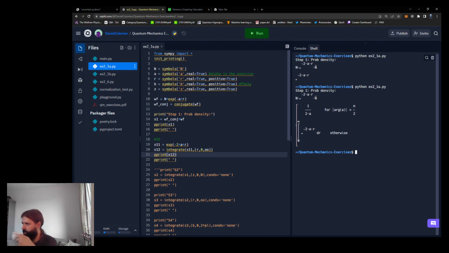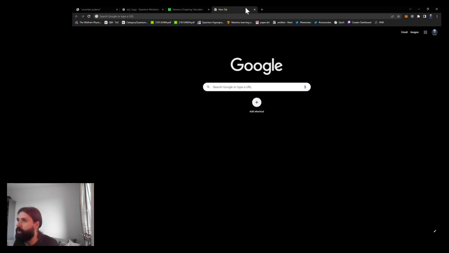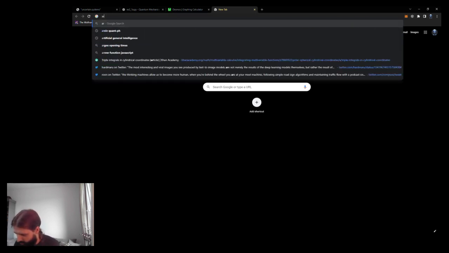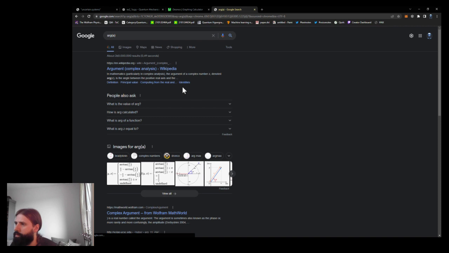For this alpha stuff, I don't really get what arg A is. What is this trying to tell me? The argument in complex analysis is the angle between the positive